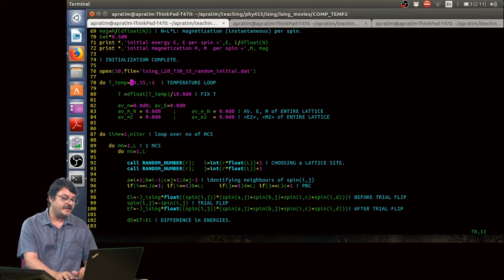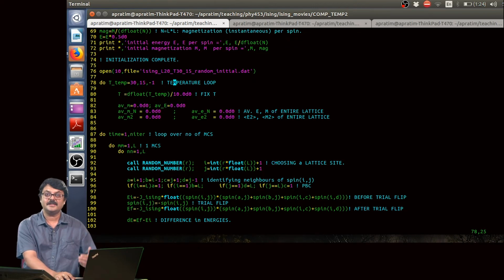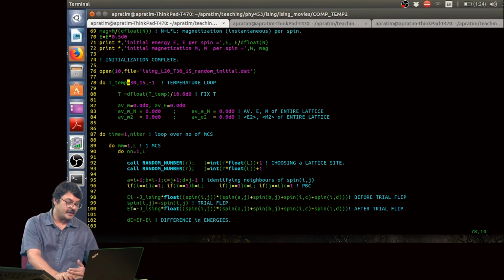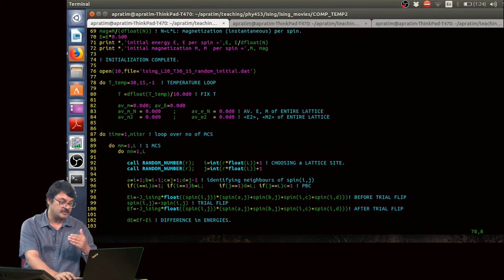So I have multiplied this by 10, so that is 30. I want to stop at 1.5 temperature, which I have multiplied by 10, and to calculate the temperature I have divided this dummy variable T temp by a factor of 10. As this variable takes the values 30, 29, 28, with a step of minus 1, the value of T temp will decrease.